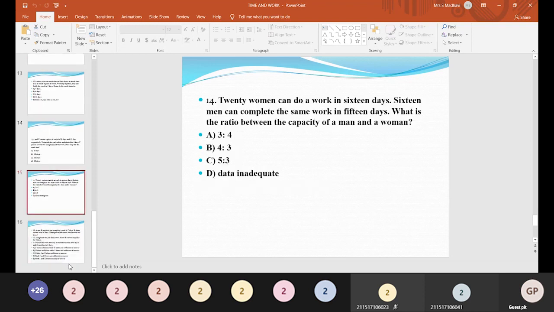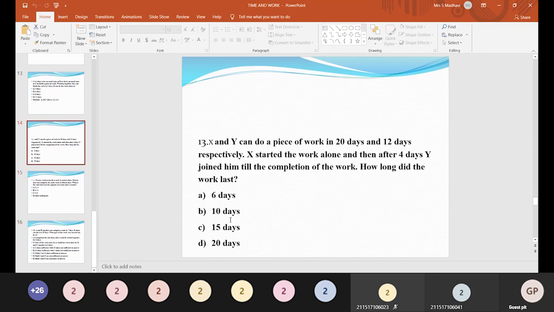Now coming to the 13th problem. X and Y can do a piece of work in 20 days and 12 days respectively. X started the work alone, and then after 4 days Y joined him till the completion of the work. How long did the work last? So here X and Y can do a piece of work in 20 days and 12 days. Now X started the work alone